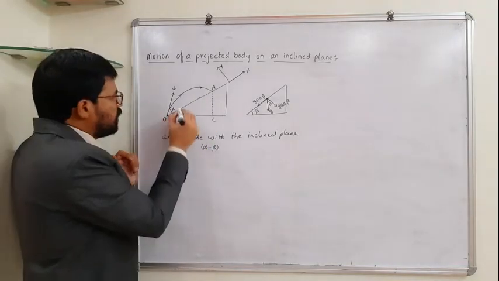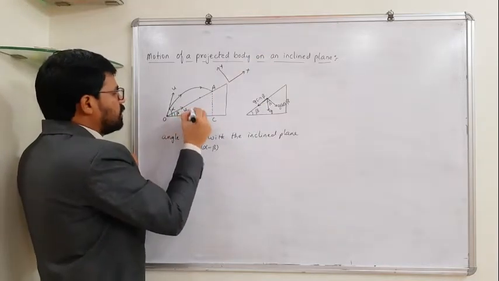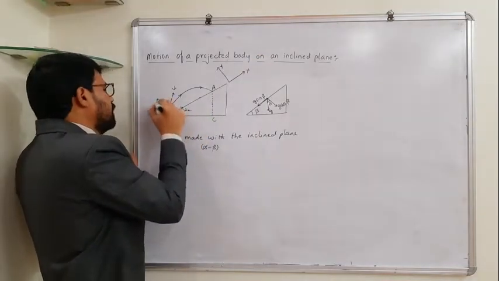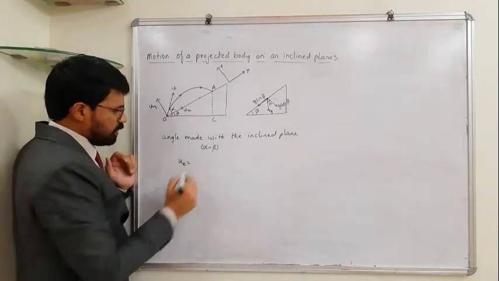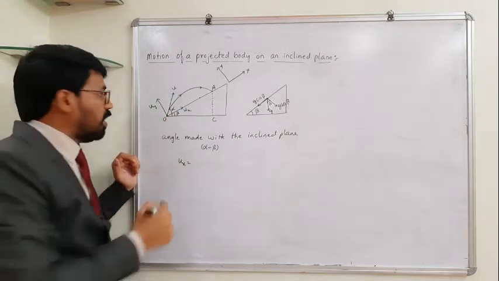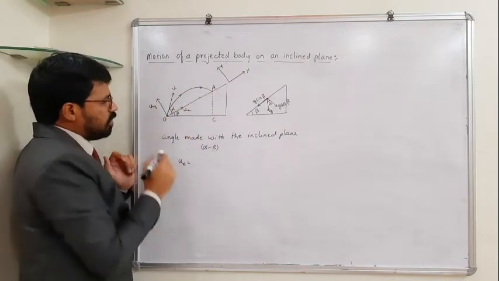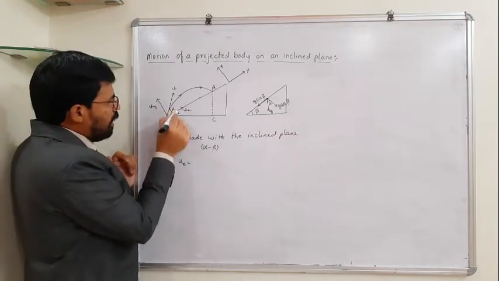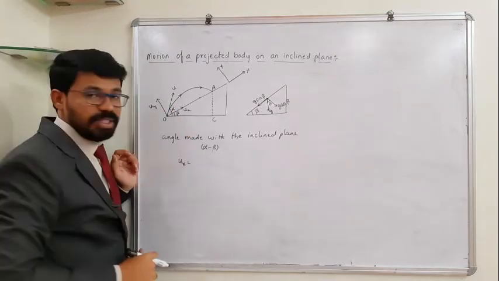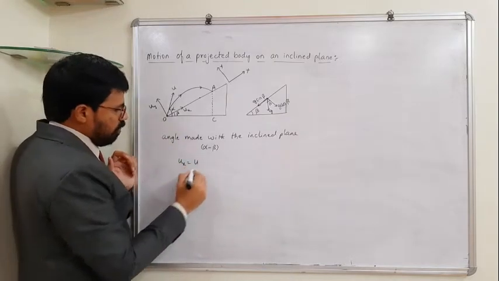If that is the case, you can talk about x component, I'll take it as ux, and y component, I'll take it as uy. And this ux can be written as u cos of the angle made by this initial velocity with the x direction. With the x direction, how much angle is it making? Alpha minus beta. I'm talking about this angle. I'm not representing it here, it becomes clumsy. So this is the angle alpha minus beta. So ux is equal to what?